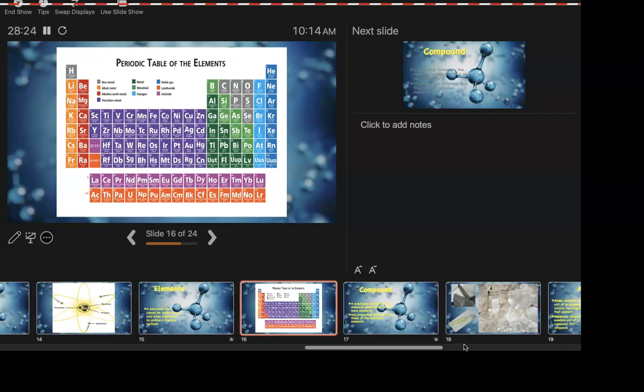Hydrogen, helium, lithium, beryllium, boron. I always forget about boron. Carbon, nitrogen, oxygen, iron, neon, so on and so forth. There's 100 and some of them. Some of you actually know why these guys are down here. They go up here, right? I never figured that out in chemistry. I'm sure I was told. I was probably doodling.